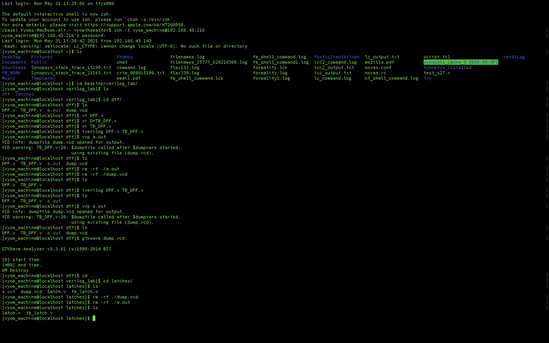So the difference you already know between the flip-flop and the latches. This flip-flop stores the input when the clock is triggered. Okay, the flip-flop stores the output or changes as per the clock, but what a latch does, latch follows the input, the output of the latch follows the input till it is asserted.